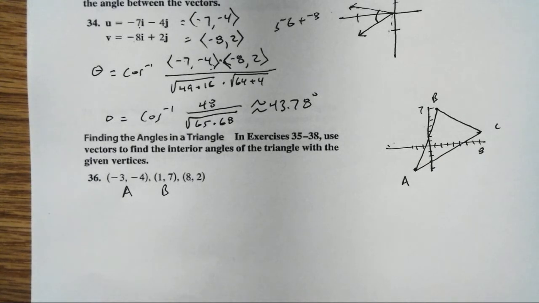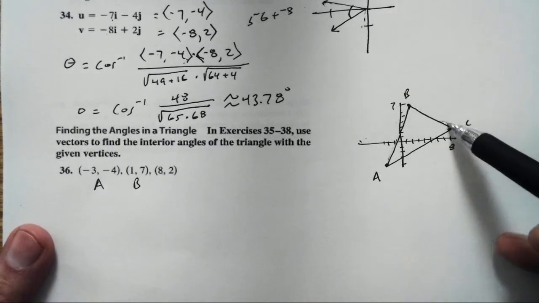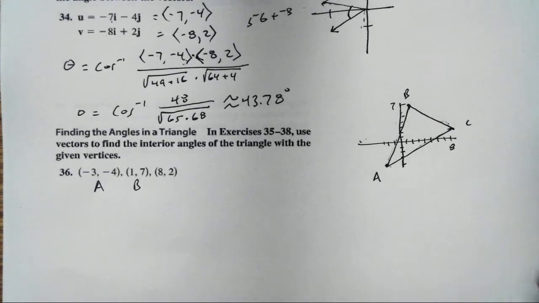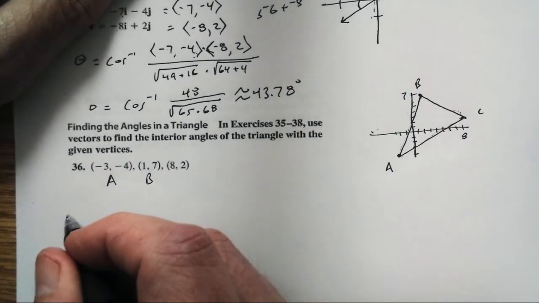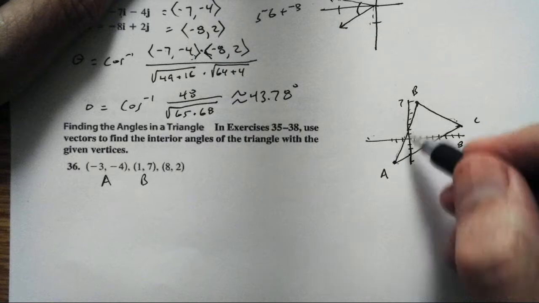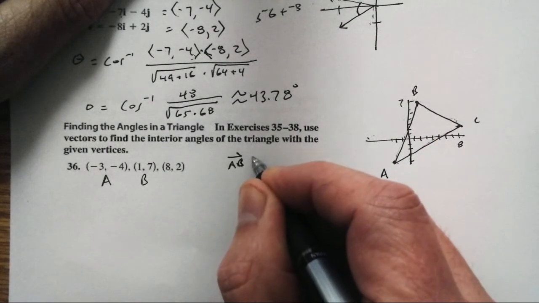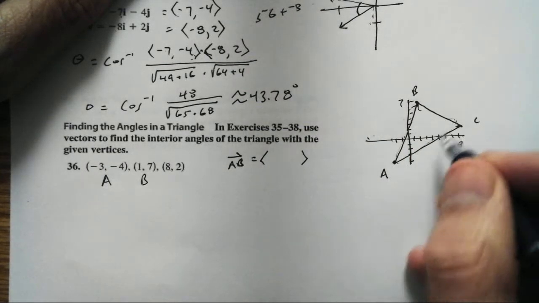We're supposed to find the angles using vectors. If we didn't, we could find the distance, find the distance, find the distance. We could have side, side, side, and start our law of cosines, law of sines. That would be a possibility. But let's go for angle A. For angle A, I need vector AB going this way, and I need vector